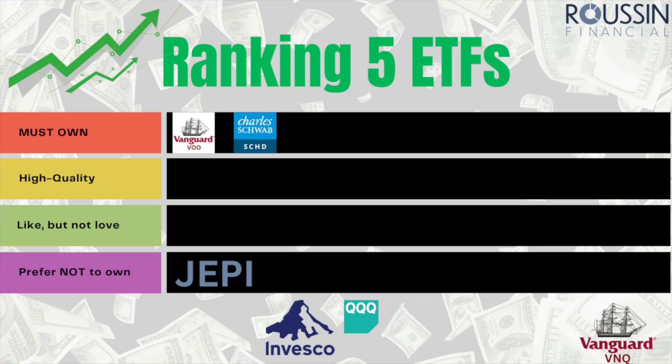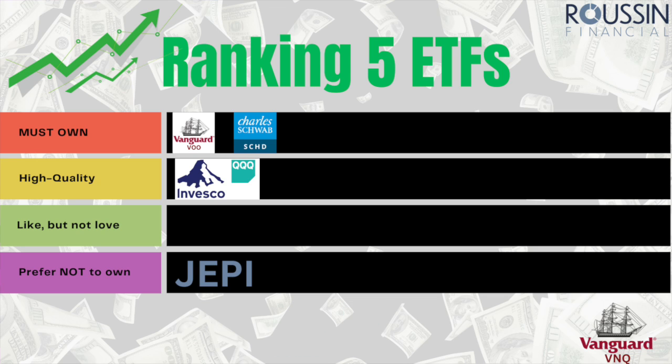As you know, if you've watched any of my prior videos, I love investing in dividend stocks, but that doesn't mean I ignore growth stocks. I use QQQ on a weekly basis to sell cash secured puts. It's one of those ETFs that I don't mind buying if it drops, but if it doesn't, I continue to collect the premium on it. As such, I'm going to rank QQQ in the high quality category. I do not give it the must own because it has a lot of the top positions you can get with VOO already, it's just not as large of an exposure, but a high quality ETF nonetheless.